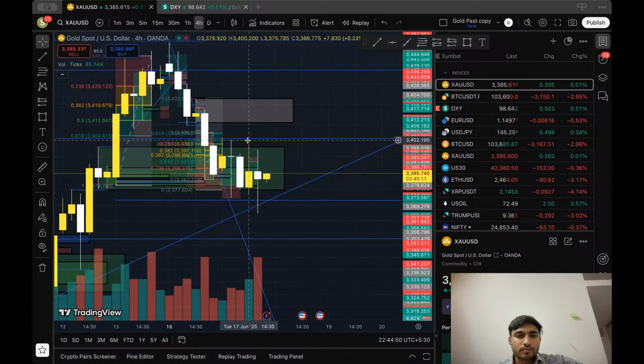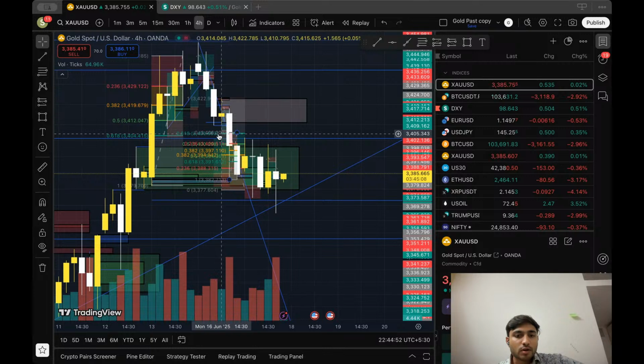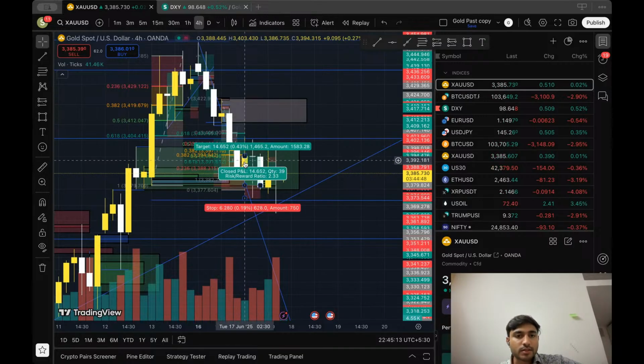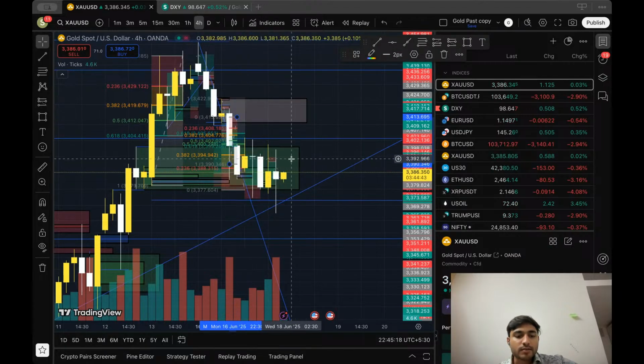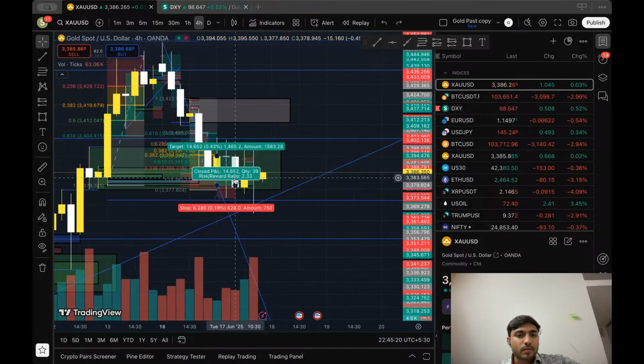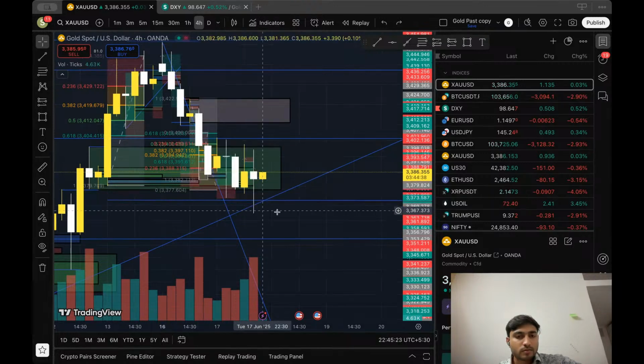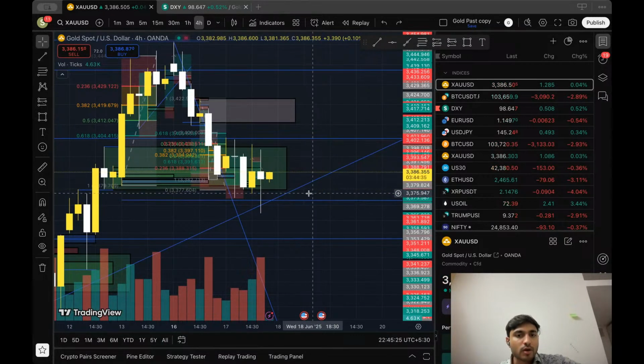So this was the order block that formed yesterday. Yesterday it formed an order block with a good closing towards the downside. We took some trades here, and here we have another order block. It should be satisfied, and it has been satisfied, this yellow order block. Then when it's fine, it should go down.